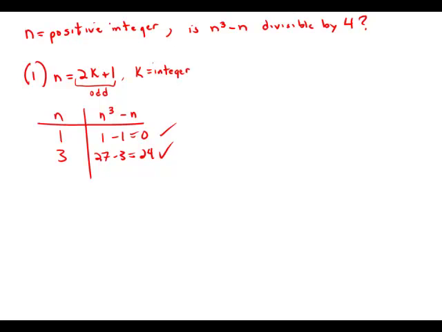That's divisible by 4. If we plug in 5, we get 125 minus 5, which is 120. That's divisible by 4. Even if we plug in negatives, negative 3, we'd get negative 27 minus negative 3, which would be negative 24. So it looks like no matter what odd number we plug in, n cubed minus n